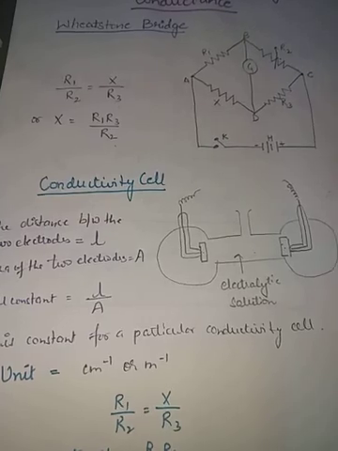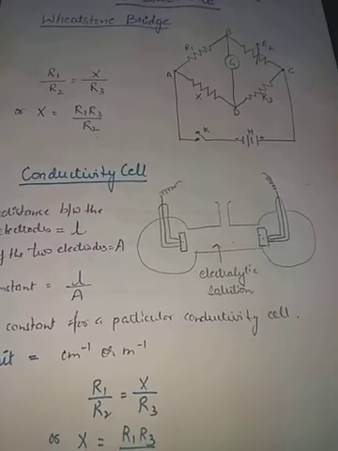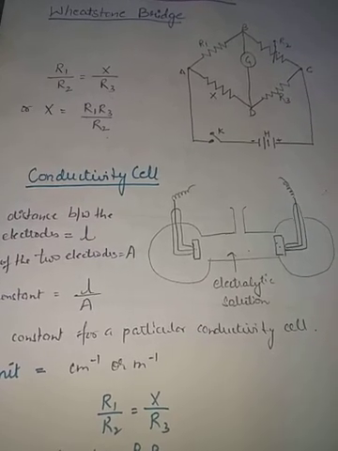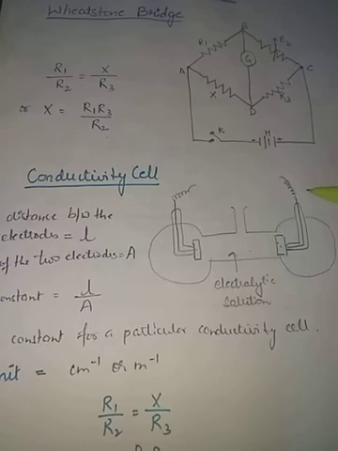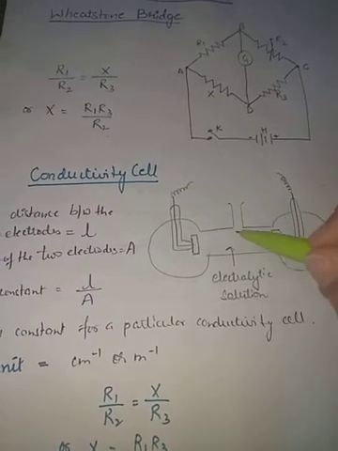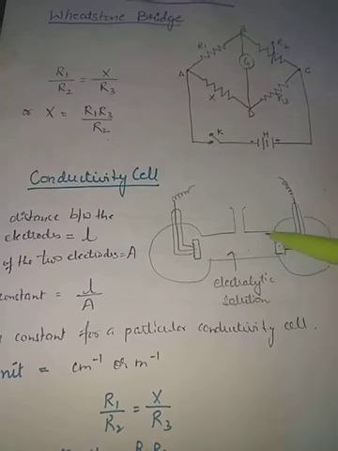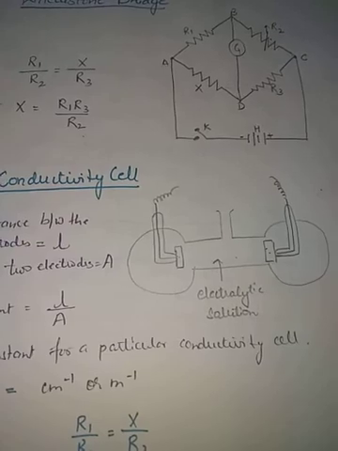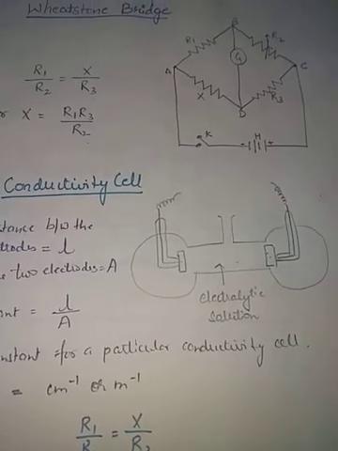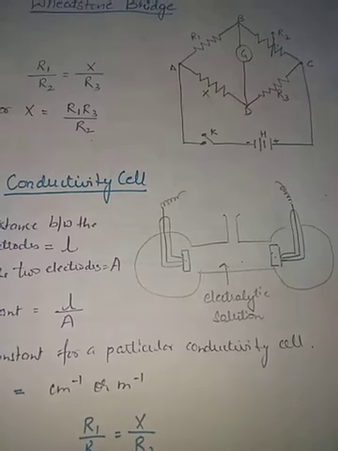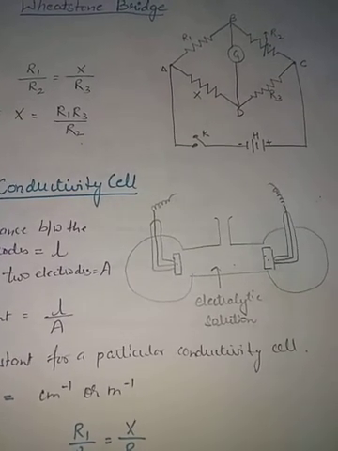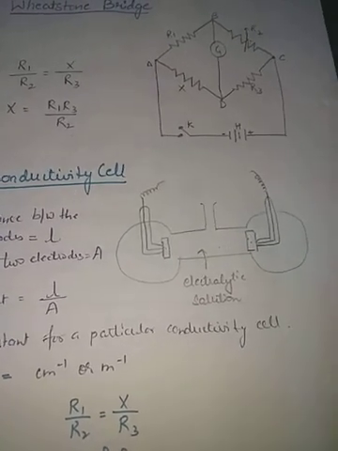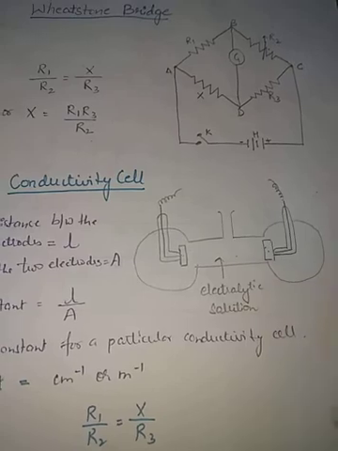And there involves a serious problem: the battery was giving direct current, that is DC current, and if the battery gives DC current, then electrolysis of the solution will take place. If electrolysis takes place, the concentration of the solution changes, and this changes the resistance of the solution. This effect of change in resistance by the passage of direct current is called the polarization effect. So in order to overcome this problem, an alternating current AC is used.